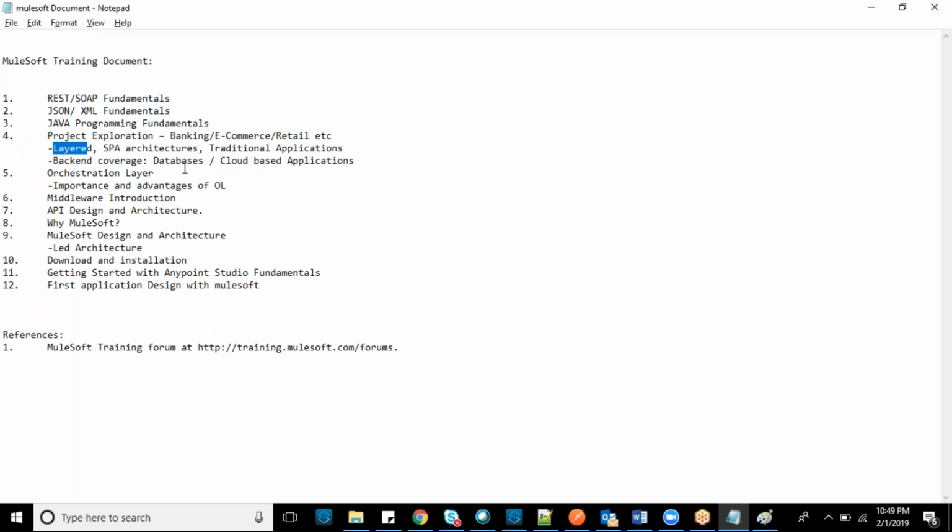The layered one is nothing but this. The middleware itself is divided, so the logic is not performed in a single place.